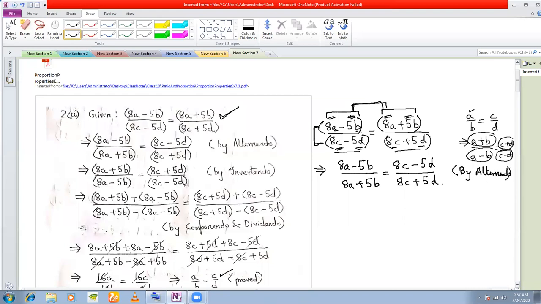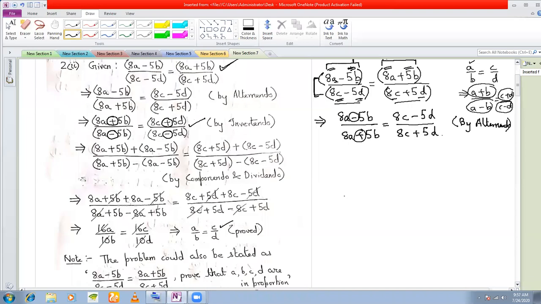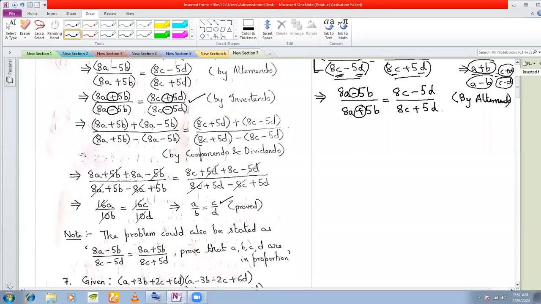In the problem, with the way I have solved, I have taken the plus sign on top, the minus sign below. Similarly on this side also. But this time I'm taking the minus sign on top and the plus sign below. It means the same thing, you will get the same thing. Okay, so let us proceed this way. The main idea here is to get A and B on one side, C and D on the other side, so that you can add and subtract the numerators and denominators.